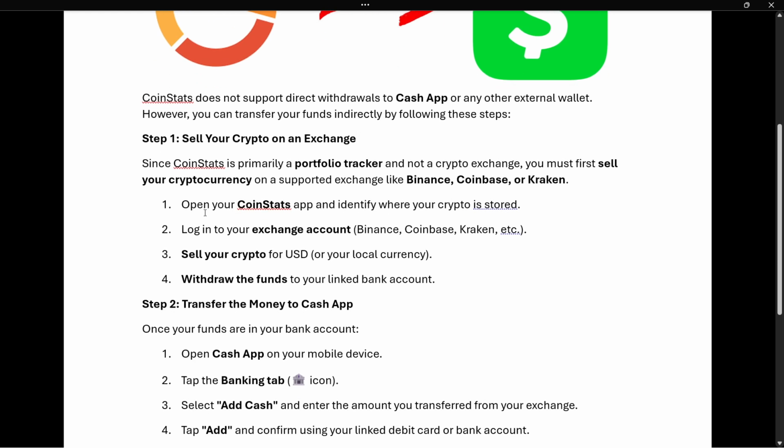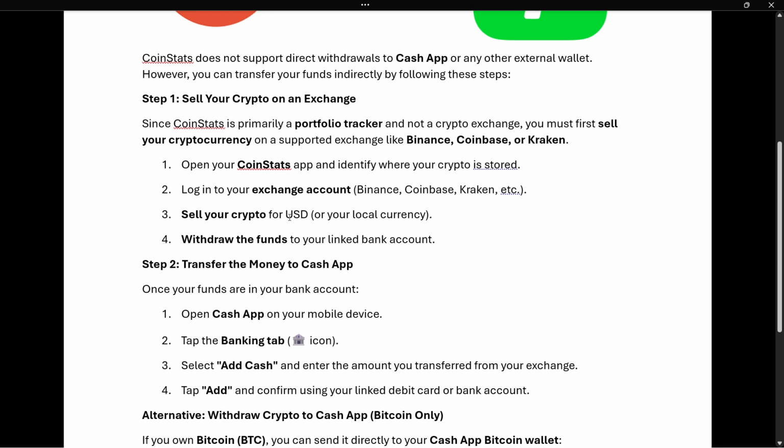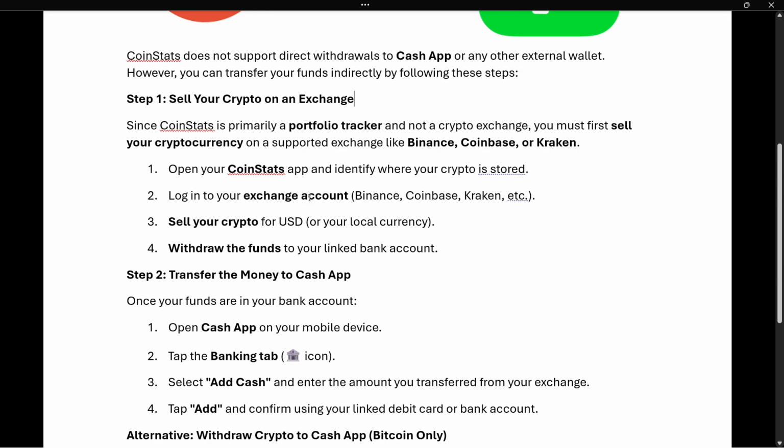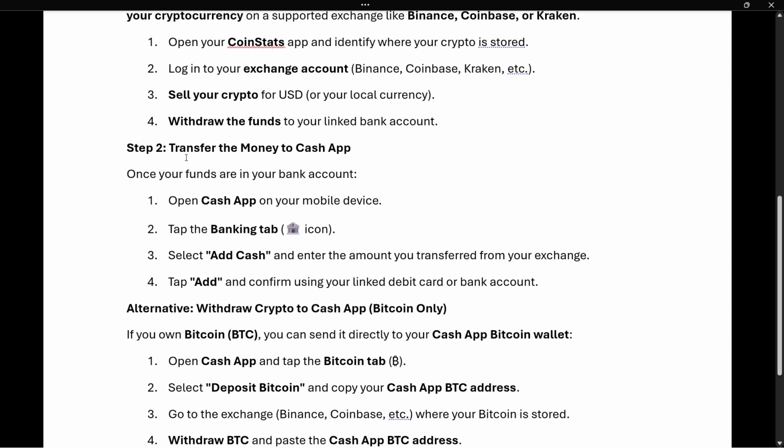Then what you want to do is open your CoinStats app and identify where your crypto is stored. And then you want to log into your exchange account, whether that's Binance, Coinbase, Kraken, or anyone else, it doesn't really matter, as I said. Then you have to sell your crypto to USD, or your local currency, whatever that is, and then withdraw the funds to your linked bank account. Once you do that, you then get the option to do step 2, which is to transfer the